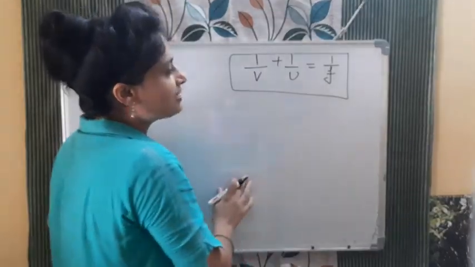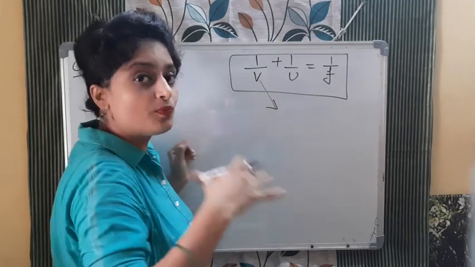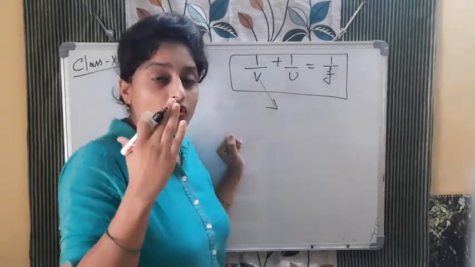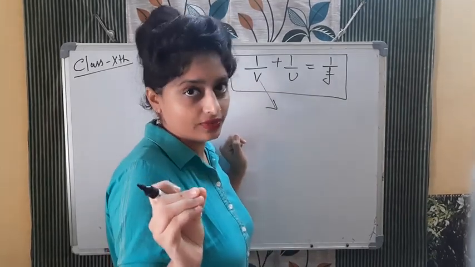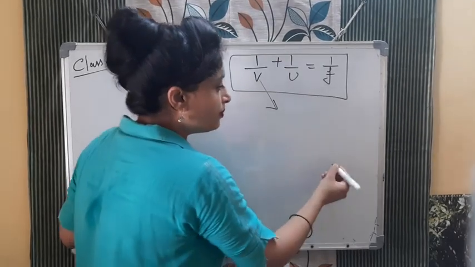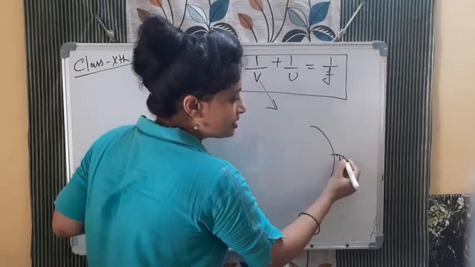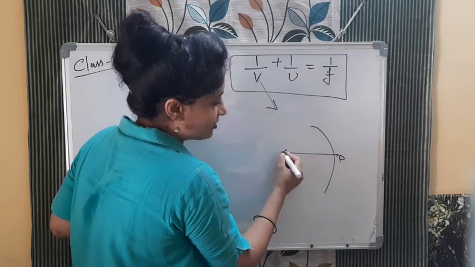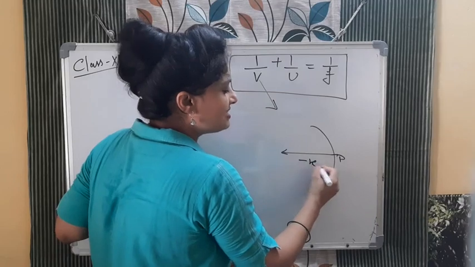Okay, so this was the mirror formula. This is image distance, bacha. Image distance from the pole. We always measure all the distances from the pole of the mirror. समझ गए? pole से ही measure करना है. If you are going from the pole, for example, concave mirror is this and this is the pole. So if you are going in this direction, left from the pole to your left, that will be negative. It is like a coordinate system.